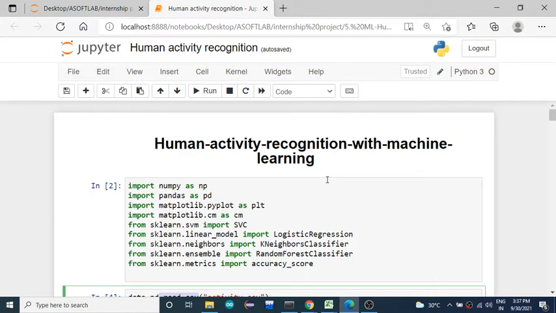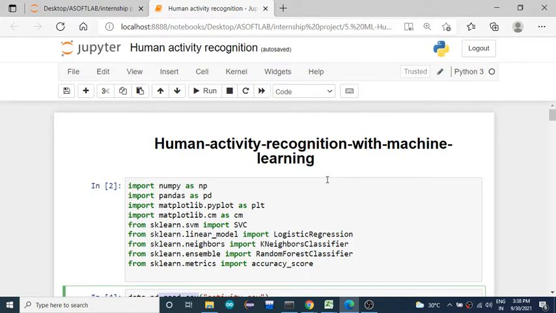This is a data set collected from a smartphone, that means the condition of the smartphone which he is holding. Based on the data set, you need to predict the activity of the human. The first step is collecting the data set. We have collected the data set and stored it in the desktop human activity folder.